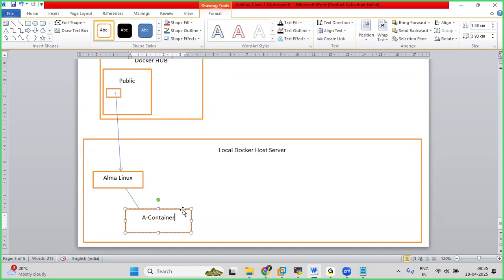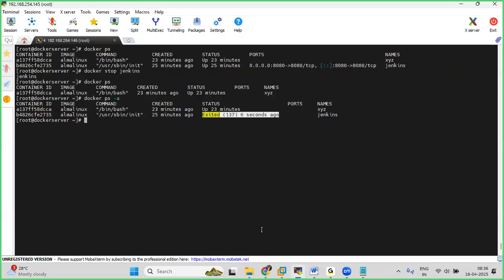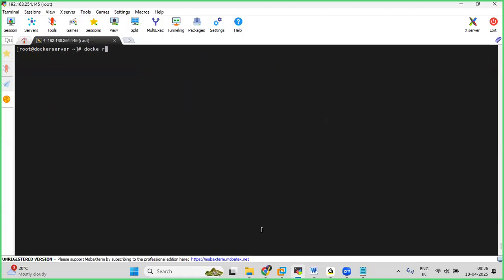So what we did, we have taken this IP address, and we have taken this container port number. Then we ran that, and successfully tested. Once again, docker ps, now docker exec